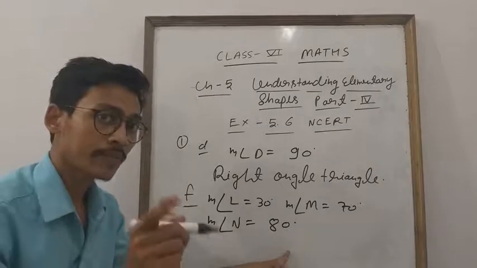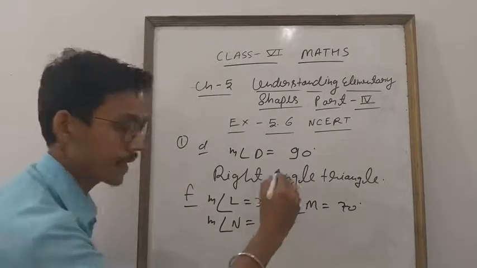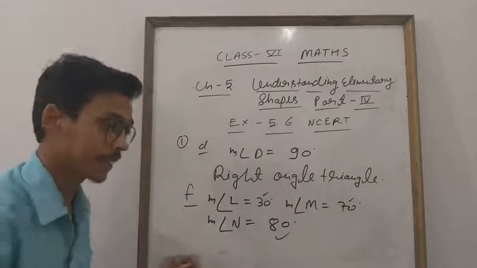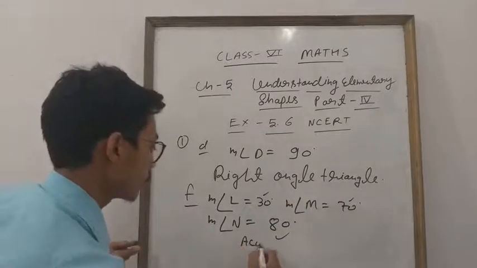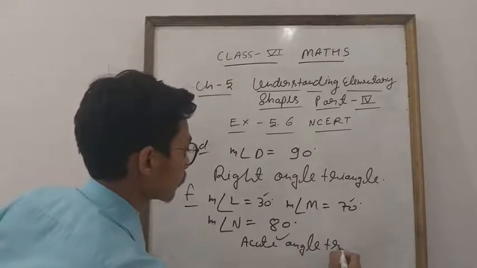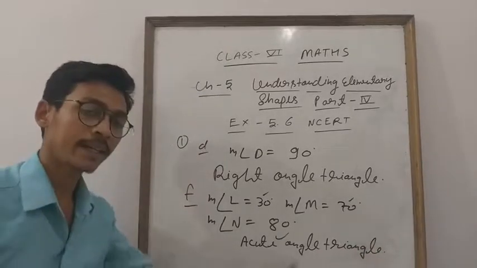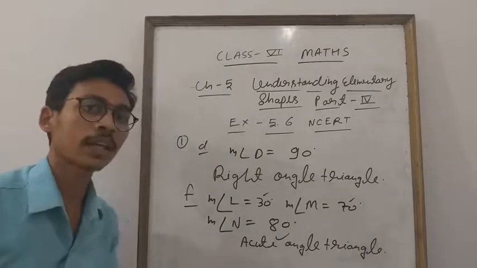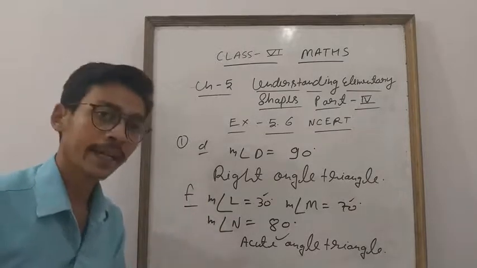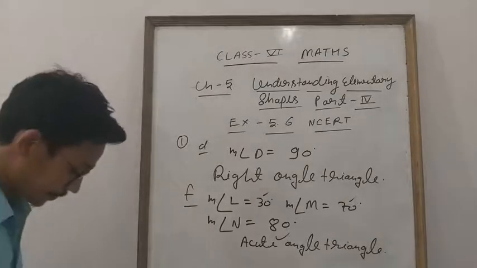So remember students, I explained if all angles are less than 90 degree. See, this is less than 90 degree, this is also less than 90 degree, this is also less than 90 degree. So you can write down this is an acute angle triangle. I explained this many times. All angles less than 90 degree, so acute angle triangle. One angle is 90 degree, so right angle triangle. One angle is more than 90 degree, so obtuse triangle. Clear everyone? So this is done.